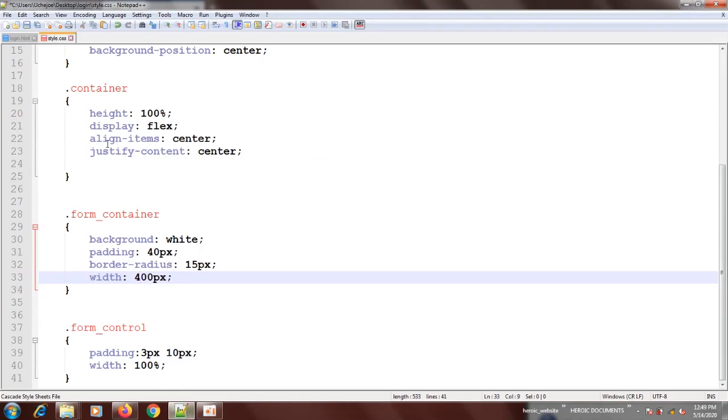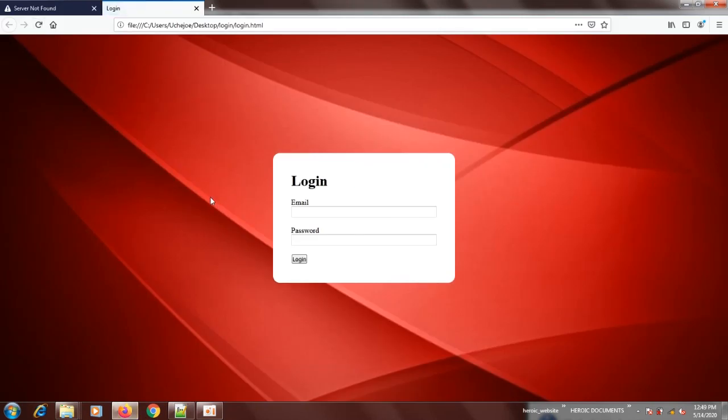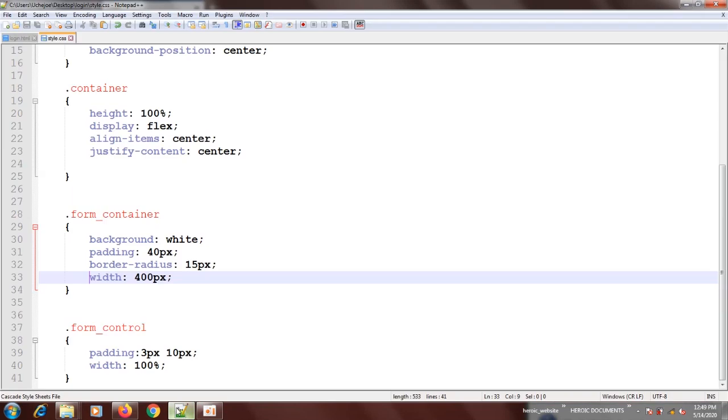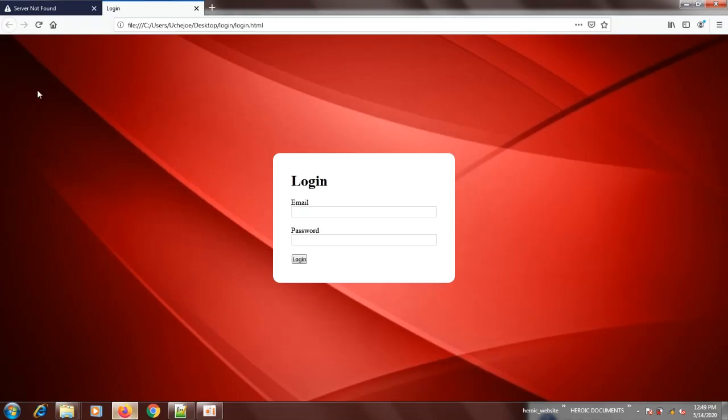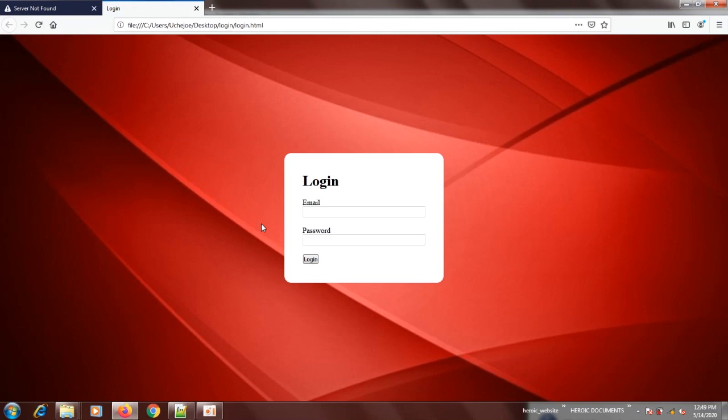Just let me leave it width for now. 400. Okay, that's okay. Is it much? 350 is okay. 350. Alright. I think that's better now.